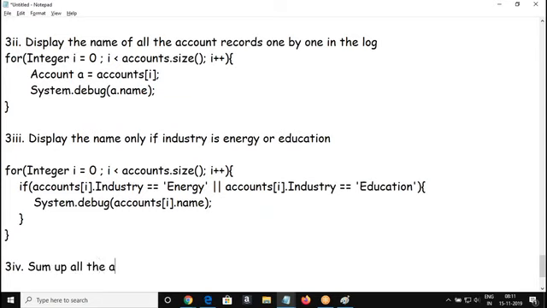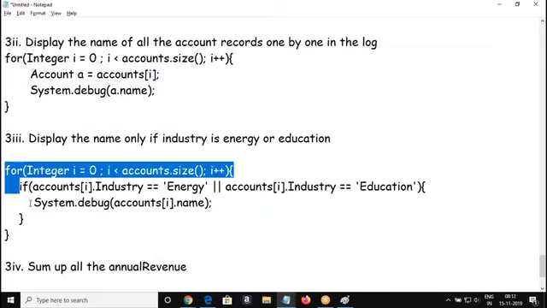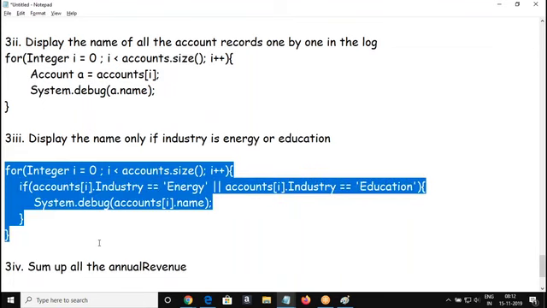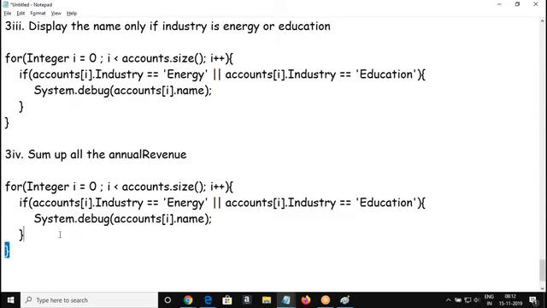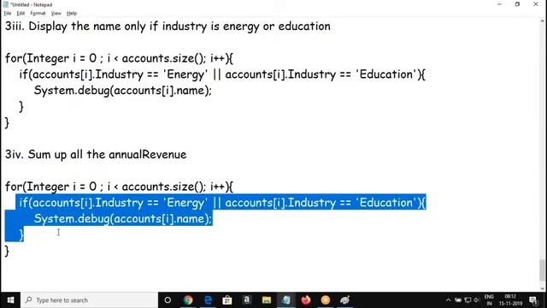Sum up all the annual revenues. So what do you do? The same thing. So we are going to sum up the annual revenue.